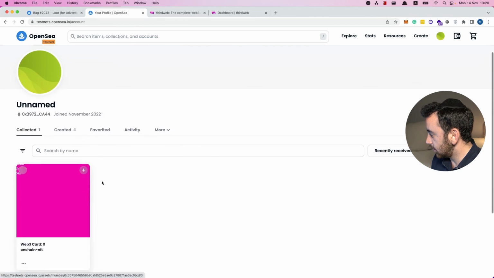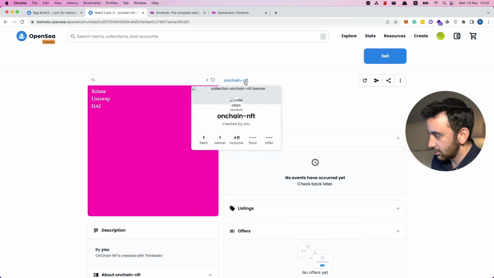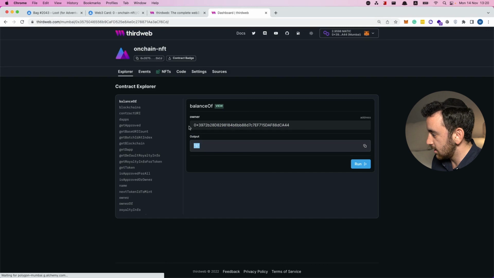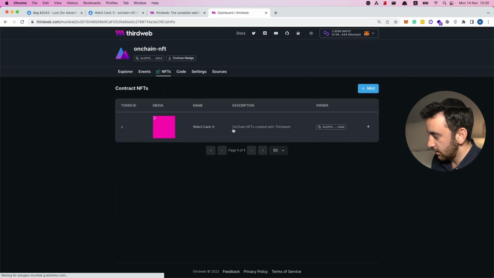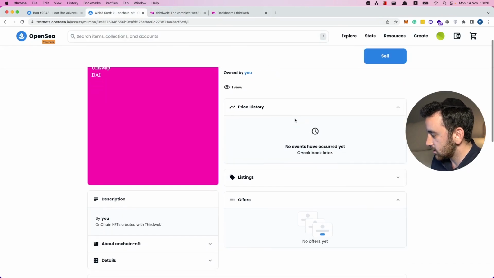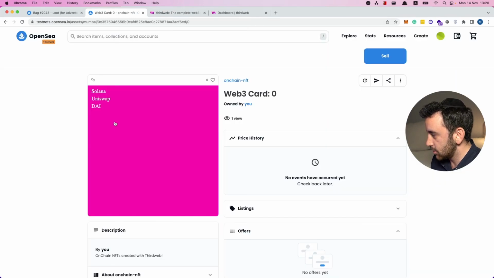So now it just needed a little bit of time, but now we can actually see this NFT that we've got here. So it came from the OnChain NFT contract. You can see over here is the description of the NFT, and the name is the Web3 card, and it gives the token ID, the description, OnChain NFTs created with thirdweb, and you can see that all in OpenSea. It's a really, really cool little project. Of course, this has got a pink background, not a black background, but there's Solana, Uniswap, and DAI. Those are the blockchain, the DApp, and the token that we got randomly generated for us,